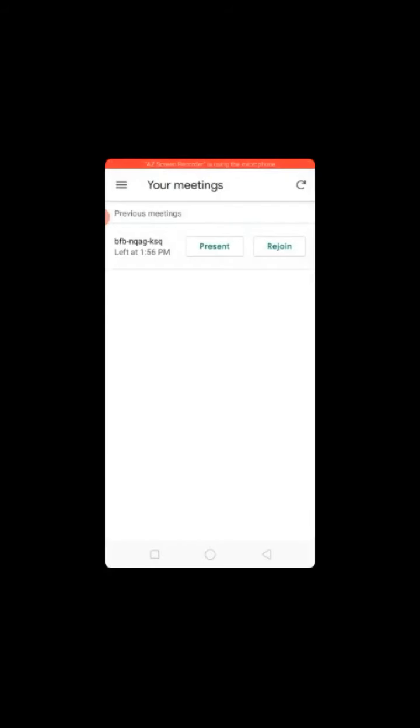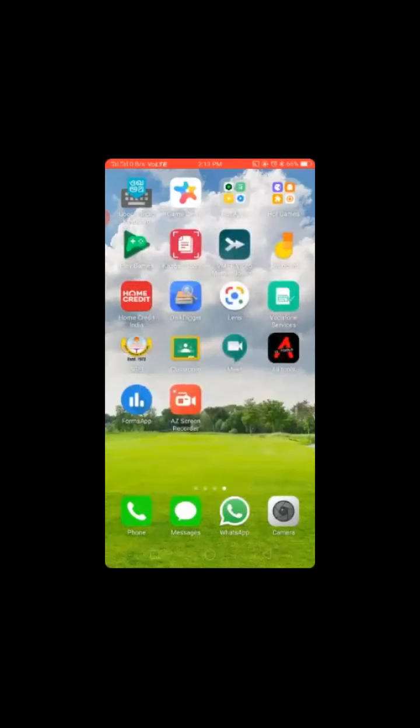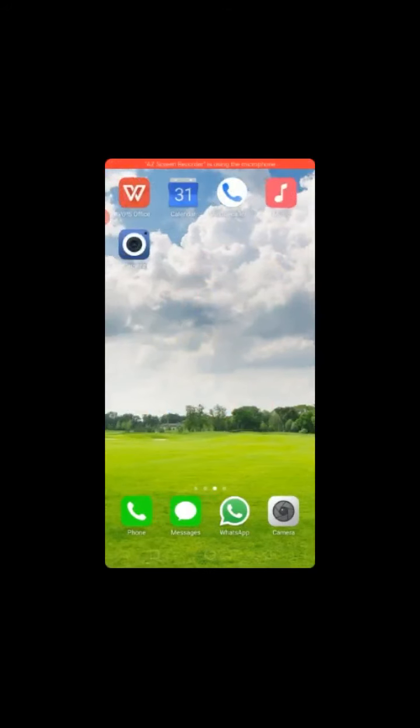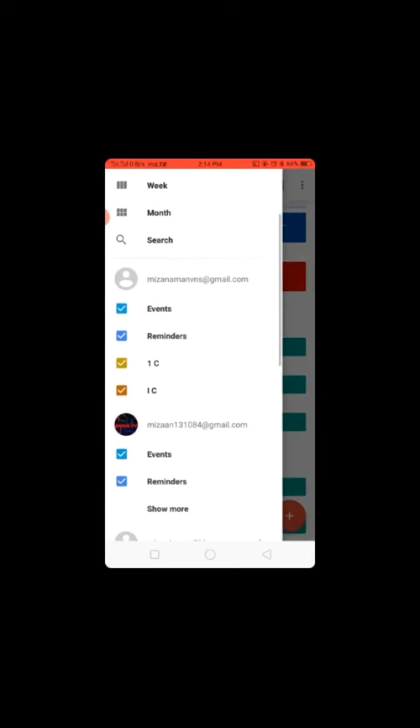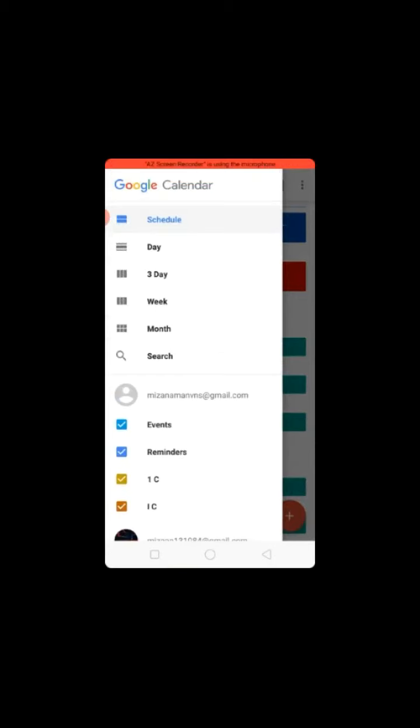Close it, as the account setting in Google Meet is done. Now we will open Google Calendar. It is available by default as I told. See, this page has come. Again it's time to set the account. Open this hamburger icon. This page is there how you can set your account. See, my email ID is coming, which I have set in Google Meet.